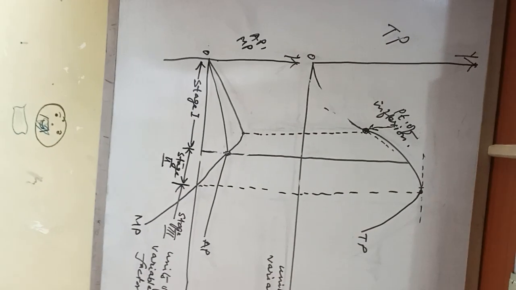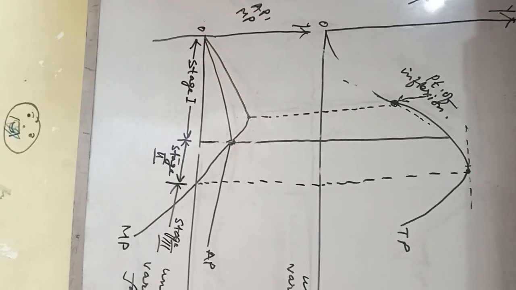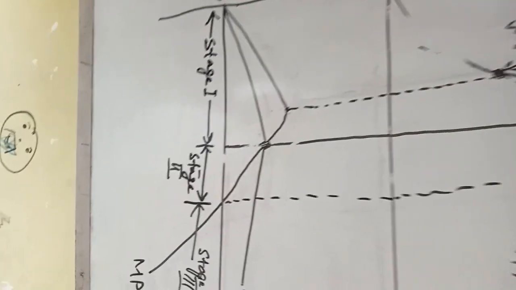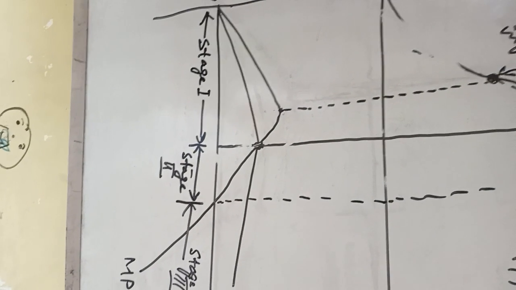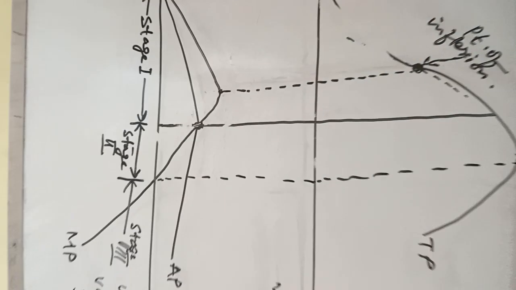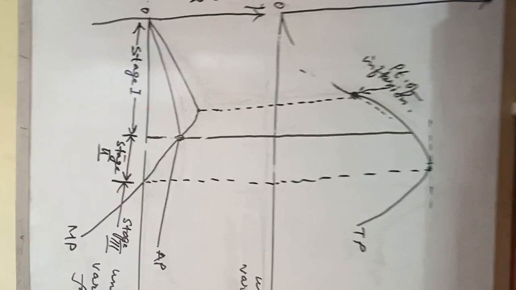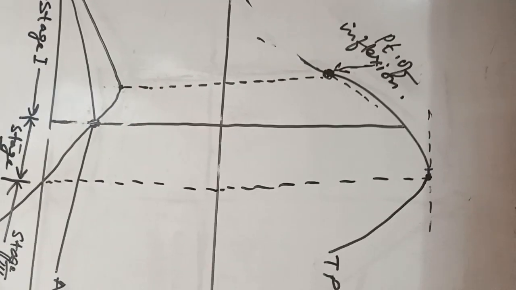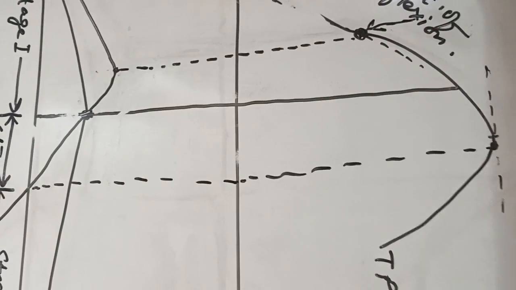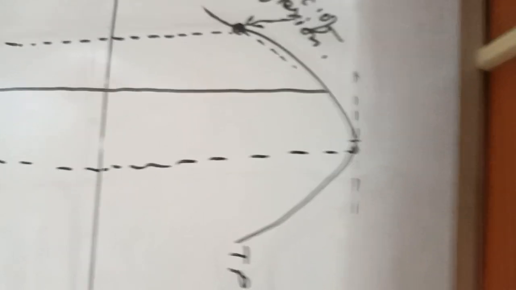So this is the diagrammatic representation of the law of variable proportions, or the law of returns to a variable factor. Out of these 3 stages, if a question is asked, which stage is the most preferred stage by the producer? Stage 2. The answer is stage 2. Stage 2 is the most preferred stage by the producer, because in this stage, total product reaches the maximum, and the second stage is such a stage where he will stop at the end of the second stage. The producer has to stop, because if he goes